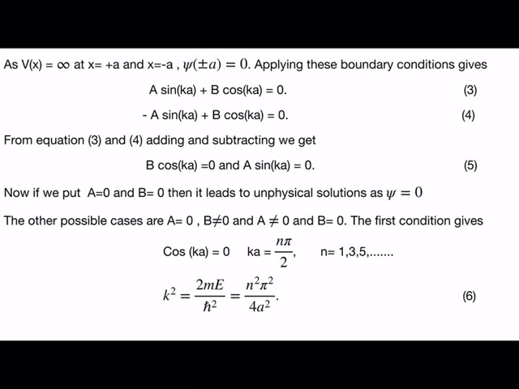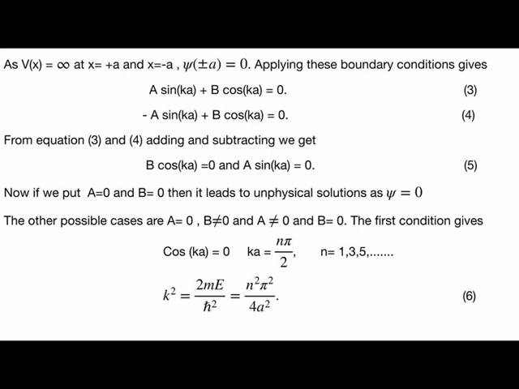By simultaneously adding and subtracting equation numbers 3 and 4, you will get equation number 5, that is b cos ka is equal to 0 and a sin ka is equal to 0. Now if you put a is equal to 0 and b is equal to 0, you will not get anything. That psi is equal to 0 is an unphysical solution, since basically there should be some probability. So what we can do is, at one point a is equal to 0 and b is not equal to 0, and at another point a is not equal to 0 and b is equal to 0. So the first condition gives